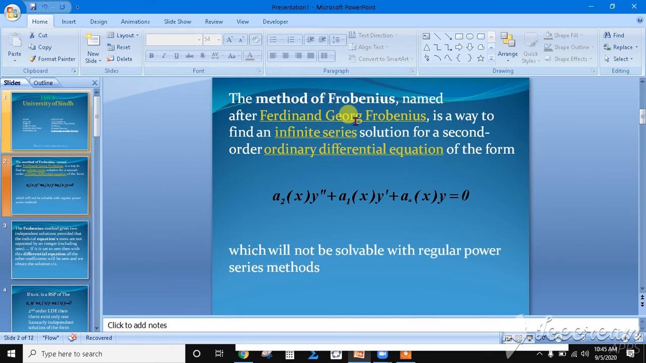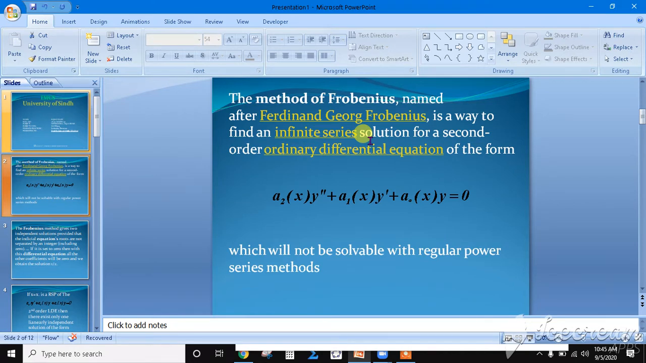So what is the method of Frobenius? We use the Frobenius method when the power series doesn't work at a singular point. The method of Frobenius, named after the mathematician Ferdinand Georg Frobenius, is a way to